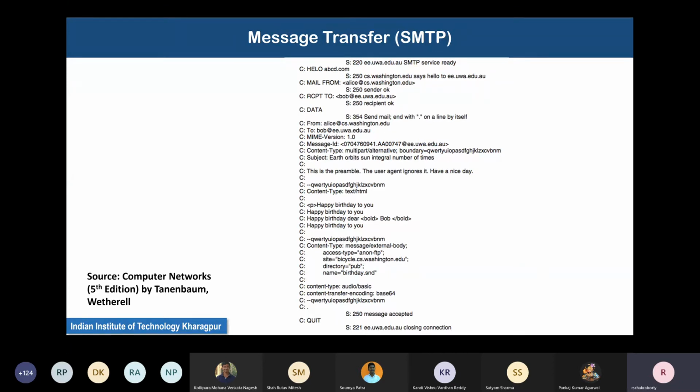Your friend accepts that chat request. Then the chat starts. You type in some text that reflects on his machine. He types the response that is reflecting on your machine, and this way the chat continues. Then you type a command or say quit or bye bye or something, and then the session closes. This can be implemented using direct TCP programming also. That's what students do. Here also these have been implemented in the background using that type of coding. But you as a user can just survive by typing these high level commands.